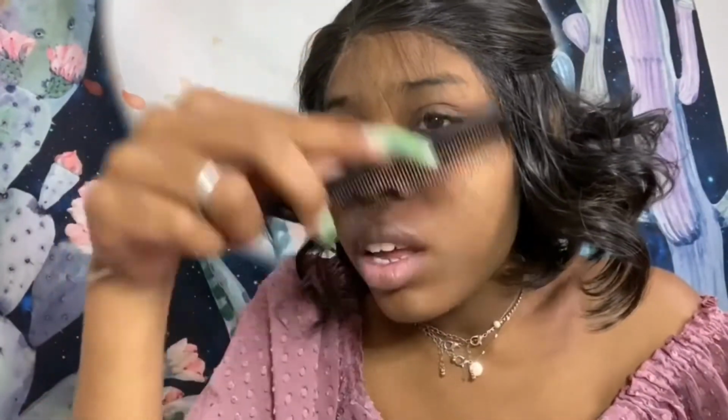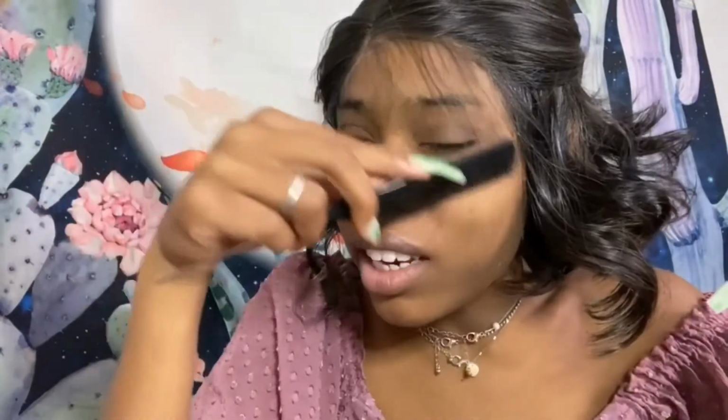All right, you guys, so now we're gonna work on our baby hairs, and as you guys can see, I already kind of figured out where they were. Now, it was kind of hard to find the ones they already made for me because once you lay it down, they kind of disappear after that. But I found them, I believe, and they do need a little bit of a trim,